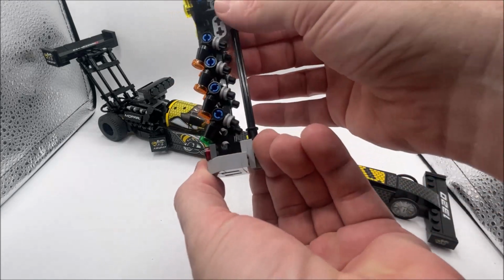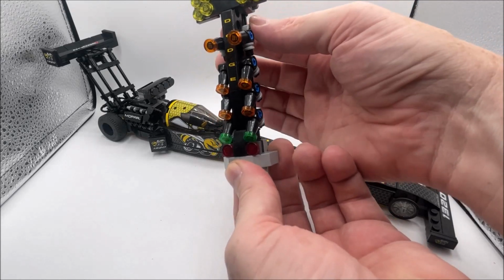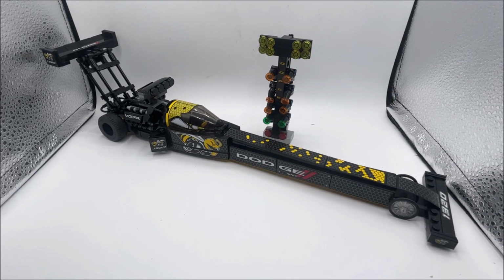But I thought it was really cool. It's got this gimmick on the back where you pull the handle down and it sends the lights up. So I thought that was cool, so I just kind of threw that with that. But yeah, bummer that these sets were not complete, and that we were only able to complete some of the